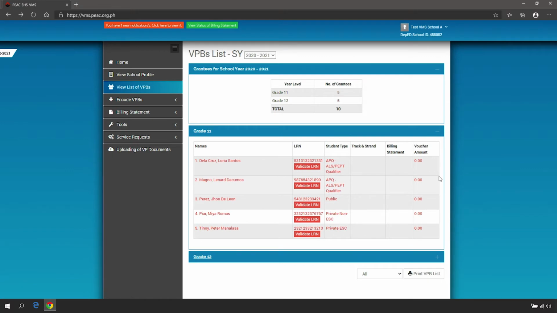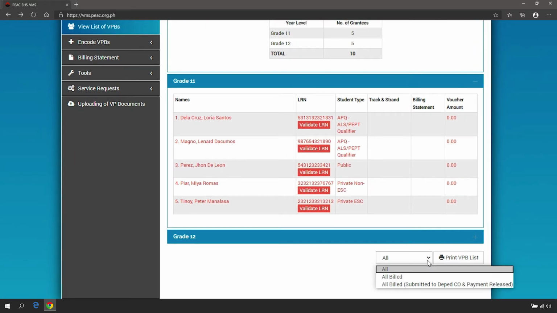To print a list of VPBs, select the type of list from the drop-down list. All for a list of billed and unbilled VPBs. All billed for a list of billed VPBs. All billed with billing status of submitted to DepEd-CO and payment released for a list of billed VPBs with the